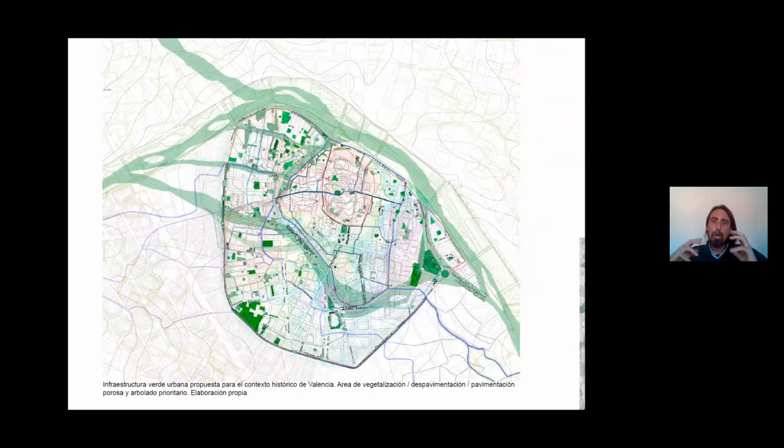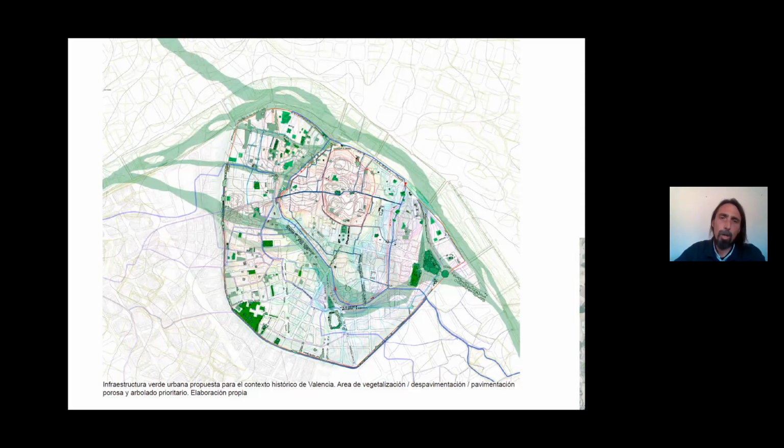So the idea is not to go backwards, because obviously you can't, the city has already been built, but why not work on the landscape and establish criteria for the existing city? So I've chosen Valencia because it's a mineral neighborhood. There are lots of monuments, there's lots of stone. It's a bit like Paris or Lyon, etc.